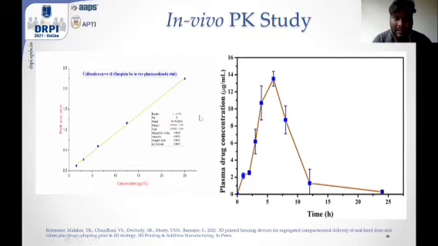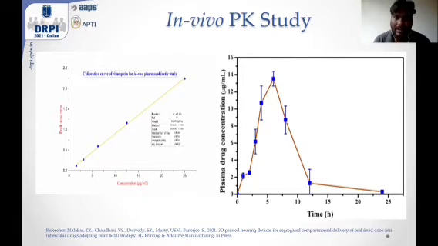After applying on the dorsal part of the rat, blood was withdrawn through the retro-orbital sinus at different time intervals, such as 1 hour, 2 hour, 3 hour, 4 hour, 6 hour, 8 hour, and 12 hour, followed by 18 hour and 24 hour. As the blood sample was obtained, the protein precipitation method was performed to obtain the plasma, and then the obtained plasma was used to detect in the HPLC,